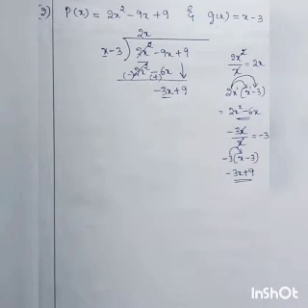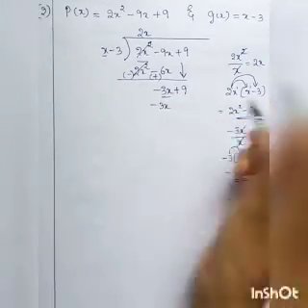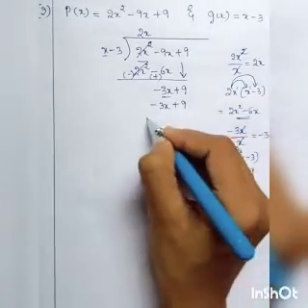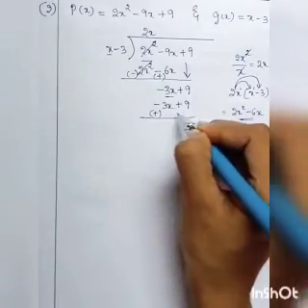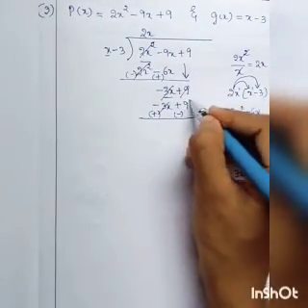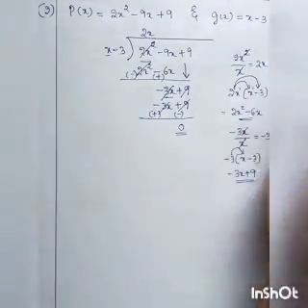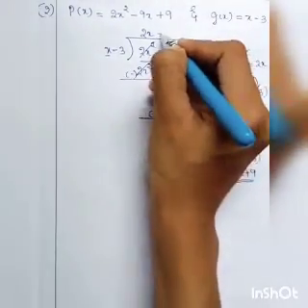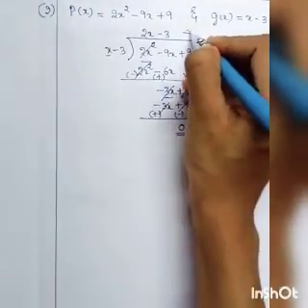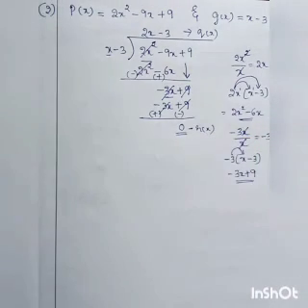Where we have to write this? So minus 3x plus 9 we have to write under the dividend. Minus 3x plus 9. So next step is we have to change the sign. So plus 3x, minus 3x gets cancelled. Plus 9 and minus 9 also gets cancelled. Remainder is now 0. So, oh, this minus 3 I didn't write here, right? So you have to write. So this is the quotient and this is the remainder. R of x is 0, Q of x is 2x minus 3.